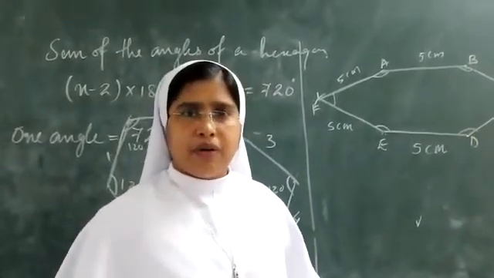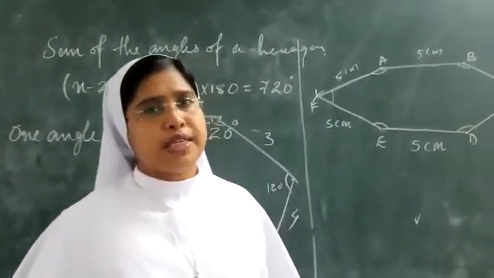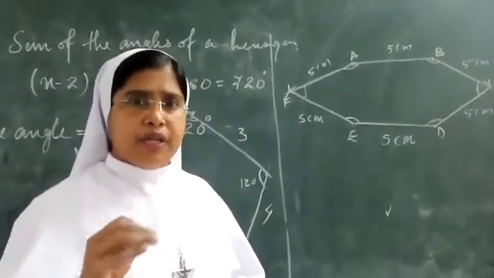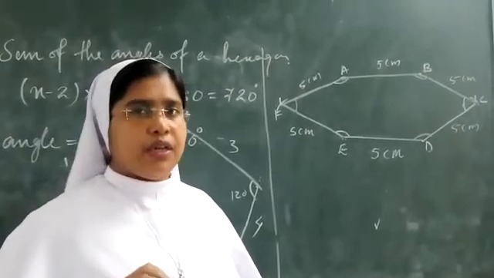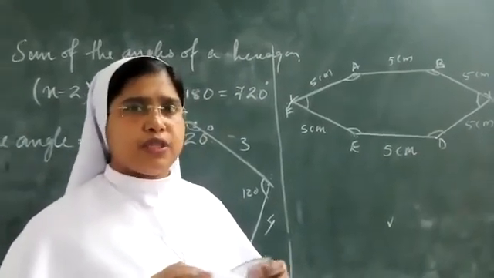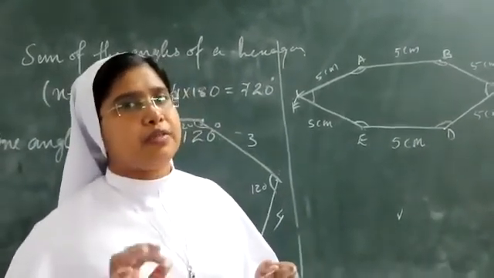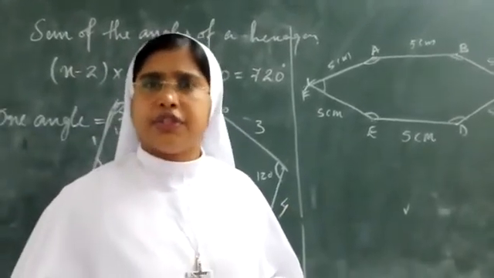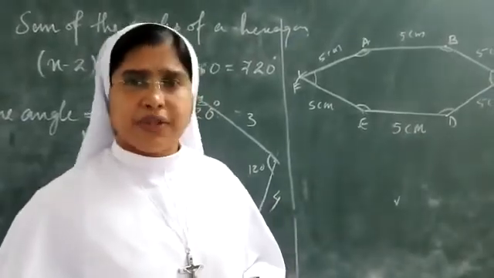Now we are almost at the end of the chapter and a few more problems are there. Try to solve them by yourself. Then from the beginning onwards you should have the revision and understand properly. It is a very simple chapter. Polygon is a very simple chapter. After completing a few more problems, we will have a revision once again of this chapter. Okay, thank you.